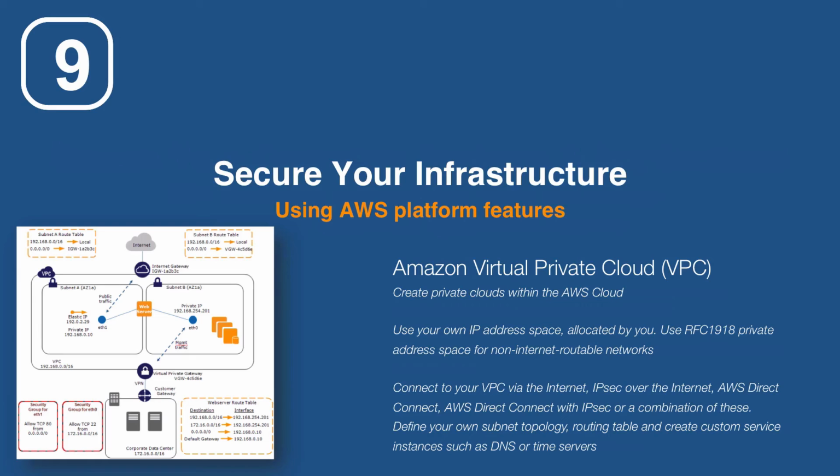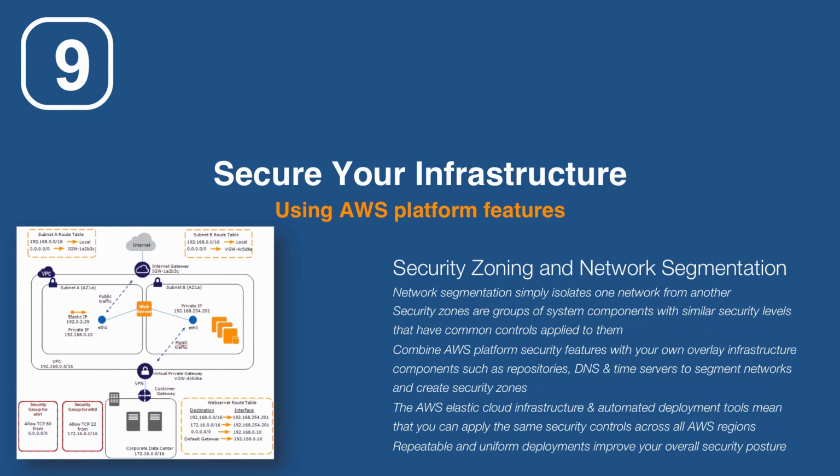So it's a very, very powerful tool that you can make use of to build a security model by using something we're going to talk about on this next slide, which is security zoning and network segmentation. So segmentation in isolating networks from one another, but also a more evolved capability of building security zones, groups of system components with similar security levels that might have common controls applied to them. You can use VPC, NACLs,